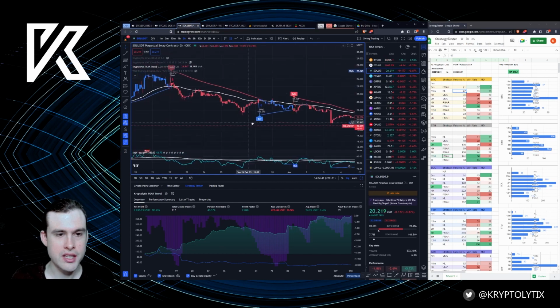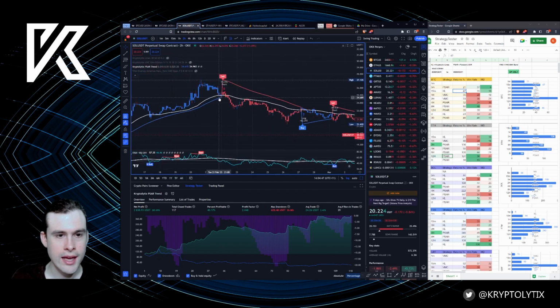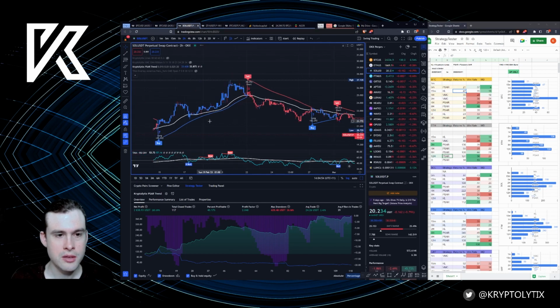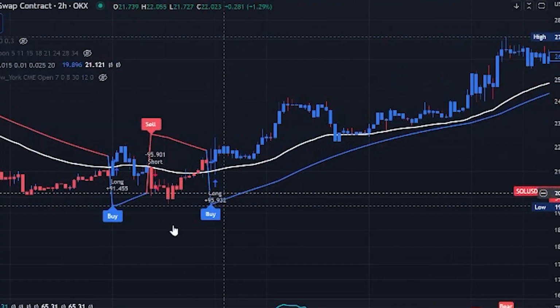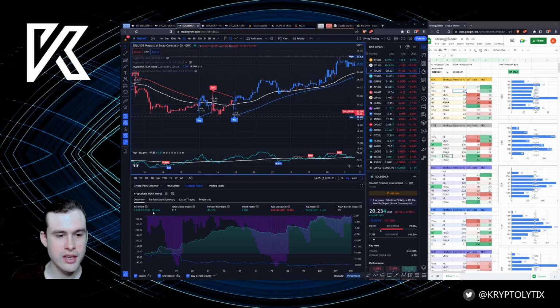Or if it breaks out, for example, and it doesn't close below, then maybe you don't take it and you wait for it to actually close below. But obviously that will affect the end result here, so you won't actually get exactly this. But you can see there's obviously going to be a few ups and downs. That's what brings us to down here, I guess, as well.